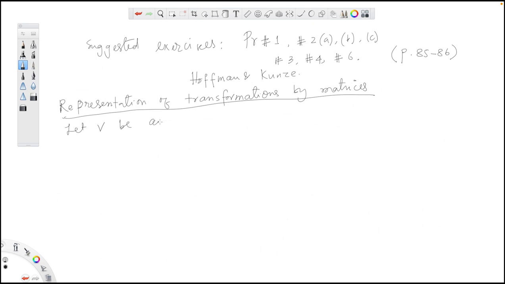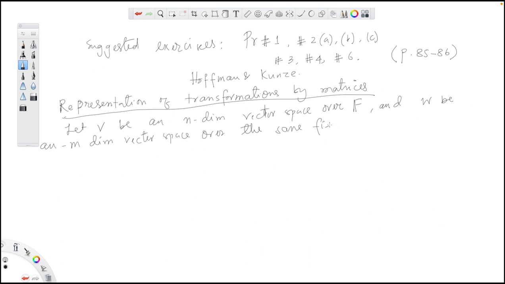Let V be an n-dimensional vector space over the field F, and W be an m-dimensional vector space over the same field F, so that we can talk about linear transformations from one vector space to another vector space. Okay,